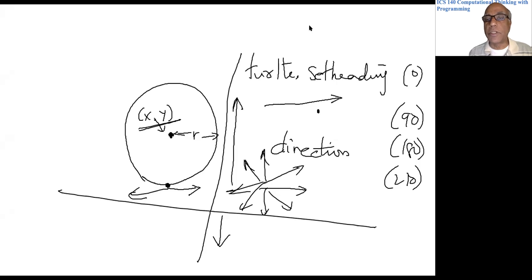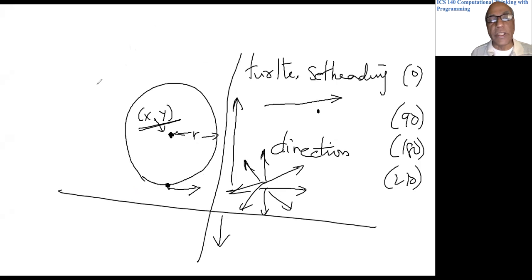I know this is going to be confusing, so let me erase some stuff. Listen carefully. Let me go to a location here, which is going to be on the circumference of the circle, and set my direction